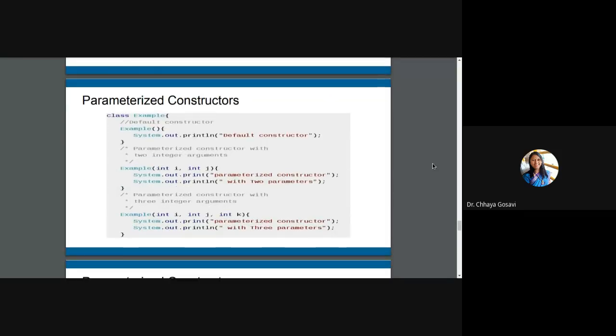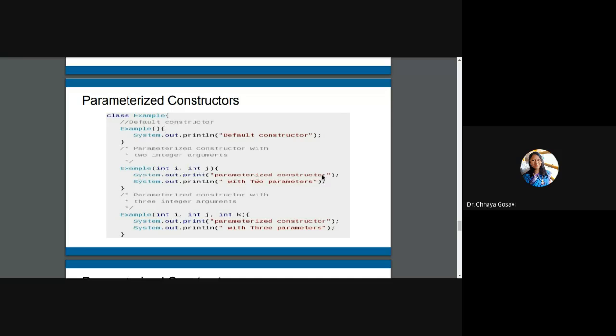So this is an example of constructors. Just a simple example, class Example. Default constructor means without any parameter. I'm just writing System.out.println default constructor. Then I can have any number of constructors, just different with different parameters. So this is a constructor with two parameters, i and j.